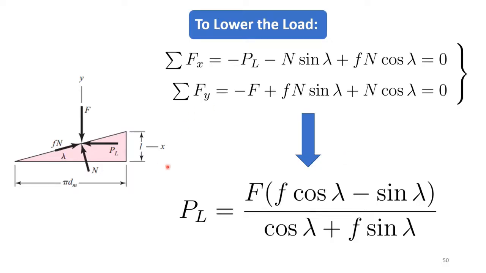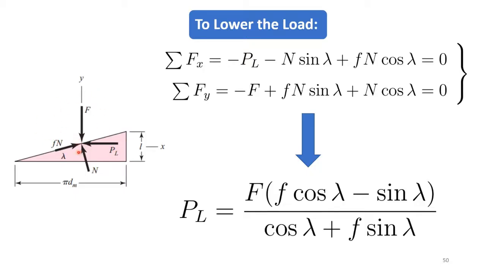So over here, instead of the force needed to raise the load, which is pointing in this direction, now we need to lower the load. So we have the force in the opposite direction, which we represent by PL,